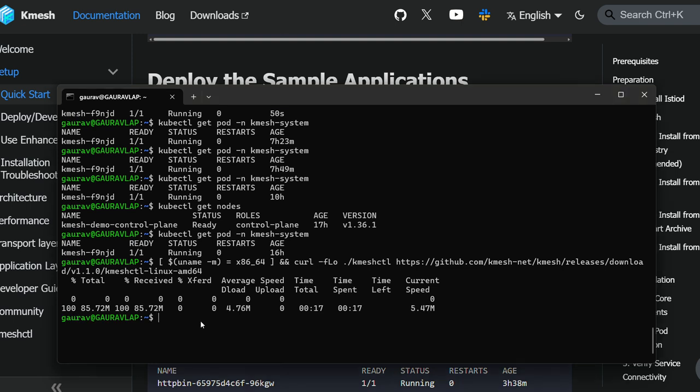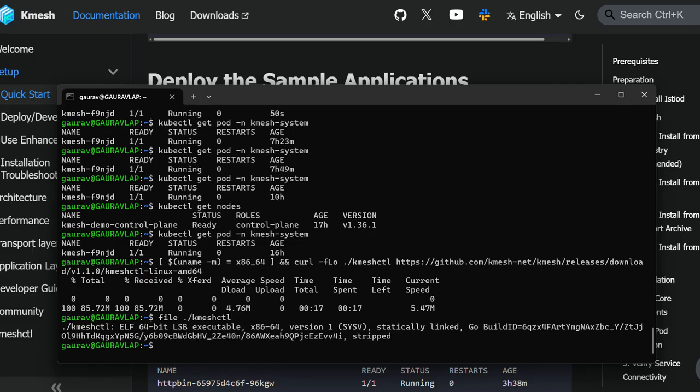Just like last video, we will tell Linux that it's runnable. First we check that it's a binary. You can see ELF 64-bit. Then we give it permission to be runnable.